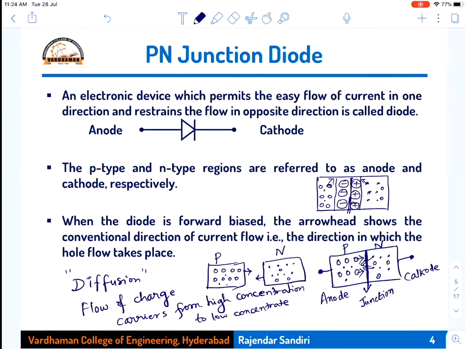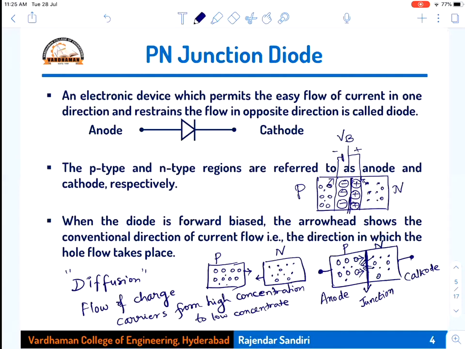So that will be the next state of the diode. So immediately if you bring them in contact with each other, it happens like this and it stops. That means some potential is created across the junction, with the polarities negative on the p side and positive on the n side. This is p side, this is n side. Negative on the p side and positive on the n side, and that we call as barrier potential.